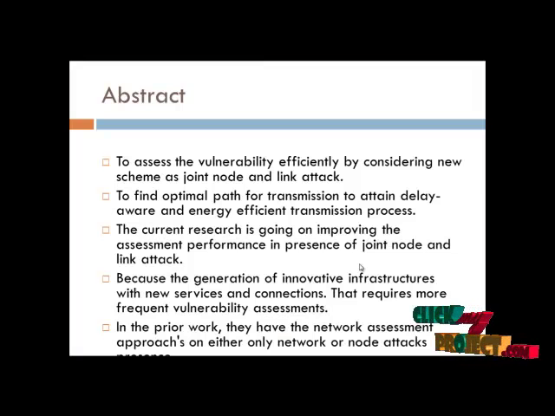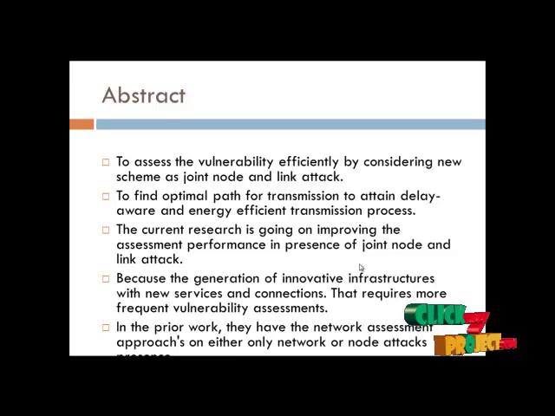This is the abstract of our project. In our process, we are going to identify the vulnerabilities present in the network, that is, we are going to identify the joint attacks, to assess the vulnerability efficiently by considering a new scheme as a joint node and link attack. By using this mechanism, we are going to find the optimal path for transmission to attain the delay-aware and energy-efficient